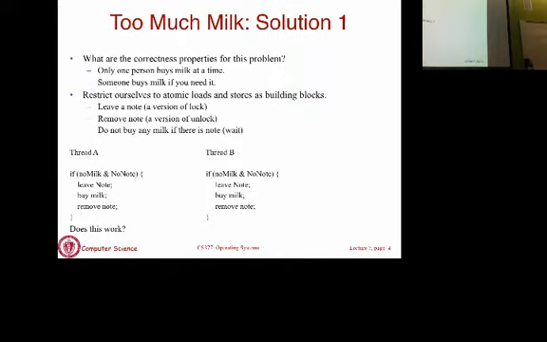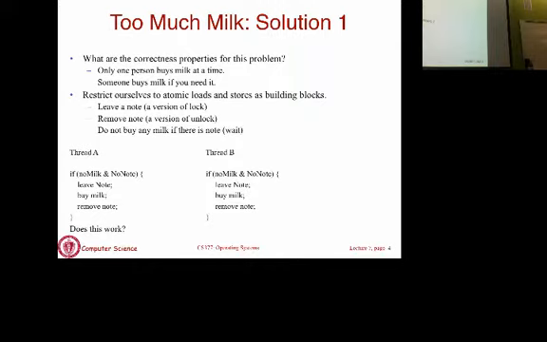You are going to arrive, look at the fridge, and if there isn't enough milk, you are going to go off to the grocery store to buy milk, but you are going to leave a note saying, I am going off to the grocery store, I am off to buy milk. So you are going to use this note to communicate with your roommate, saying, look, if you come and look at the fridge and see it's empty, and if there is a note there, don't bother, because I am going to do the task. So that's one way to solve the problem.